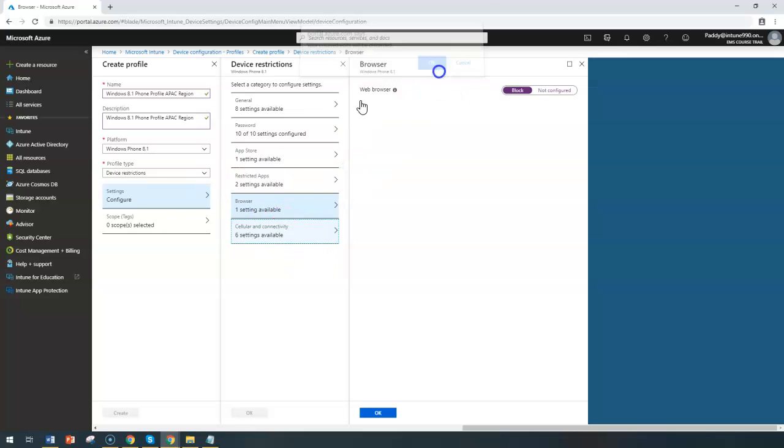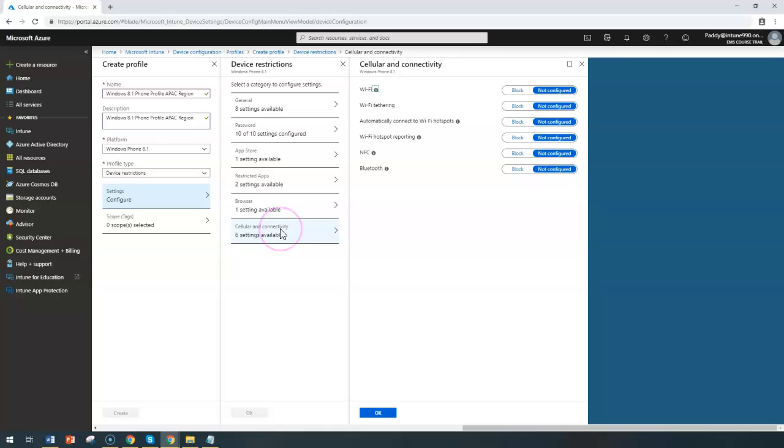These are most of the settings relevant to the manufacturer settings, which are offering some kind of features for us. Let's say the Wi-Fi connectivity, or maybe NFC or the Bluetooth connectivity. Do you want to allow those kinds of configuration? You can configure here. Let's jump into each of the configurations. Like if you're allowing the Wi-Fi configuration, you can set it as not configured, but if you want to block it, you can block the Wi-Fi configuration so that those specific Windows 8.1 phone devices can't use the